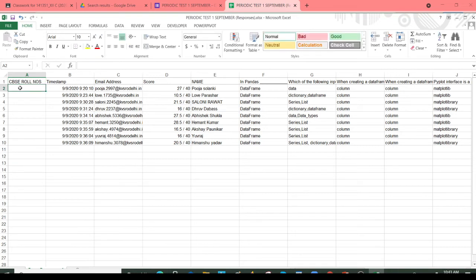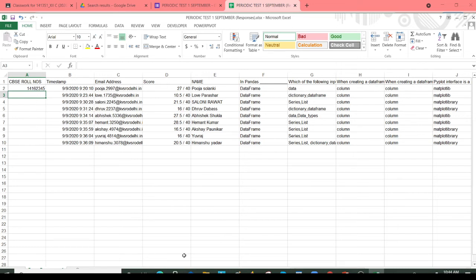Suppose the CBSE roll number for this first student. You can find the name of the students, or you can find the email ID of the students. You can identify the students by the email ID or their name. Clear? So here you will write down the board roll numbers. Now suppose I am writing this board roll number. I am taking a random number, but you will write down the specific roll number. So you will write down the roll numbers of each student.